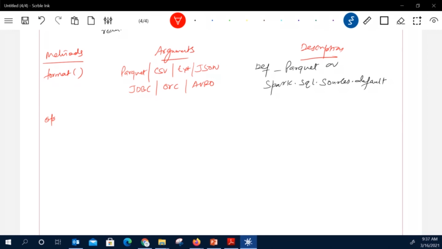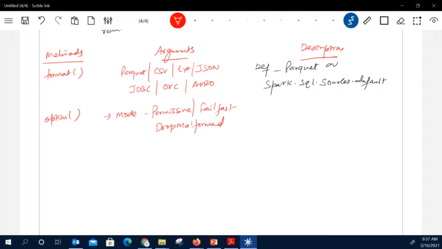The second method is your option. So in option, we need to write three things. The first is your mode, the second is infer schema, and the third is your path. In the mode, the option can be permissive, or it can be fail fast, or it can be drop malformed.